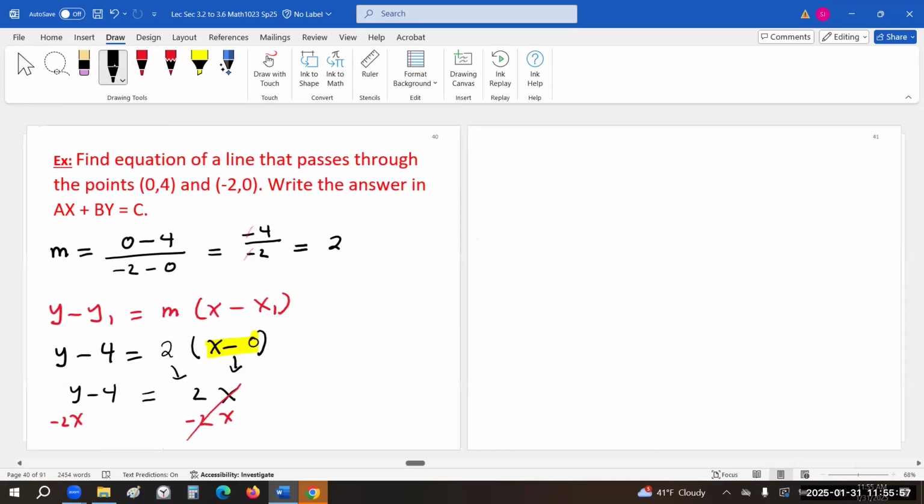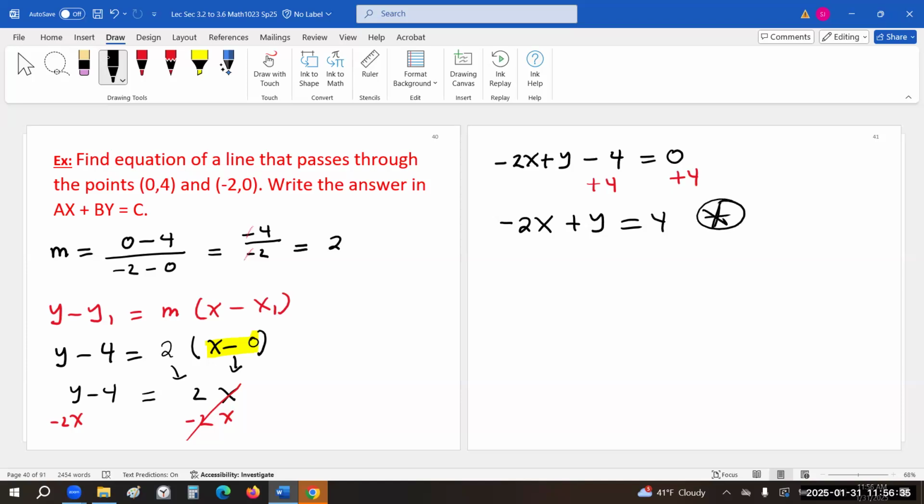So there's space here. We have negative 2x plus y minus 4 equals. What do you have on the other side? 0. And then what? So we have x and y together, but they have a third wheeler, 4. We don't want that. So we get rid of the 4 by adding. So we have negative 2x plus y equals 4. This should be our final answer,